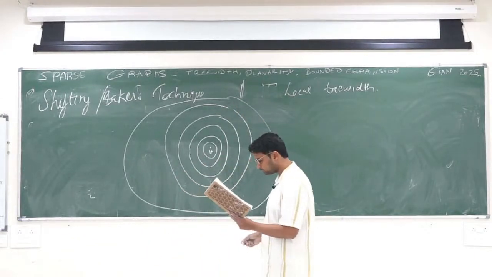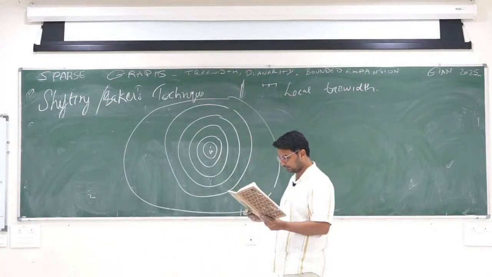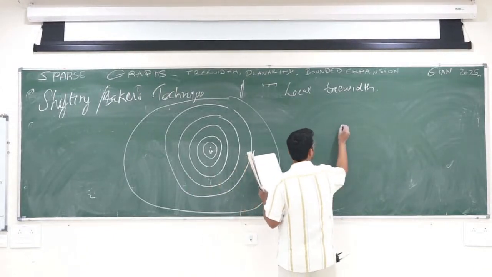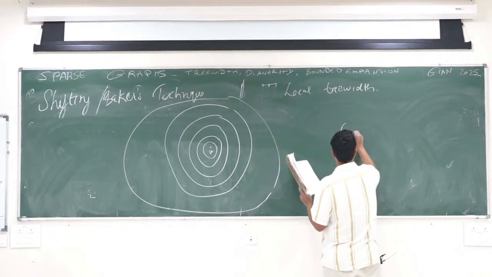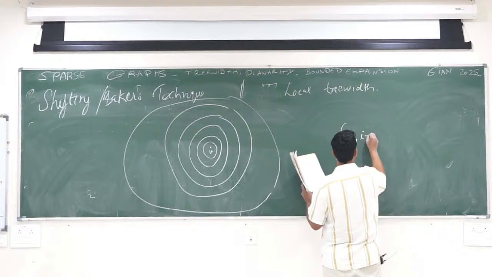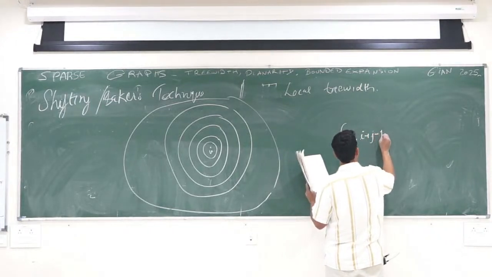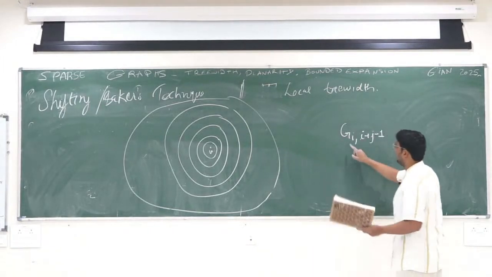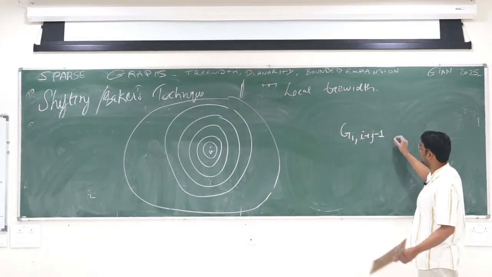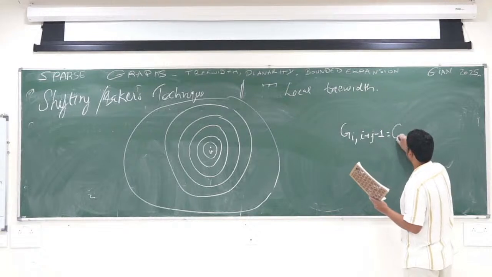Now, what I want to say is that I define something called a graph G_i through i plus j minus 1, which is nothing but your graph induced